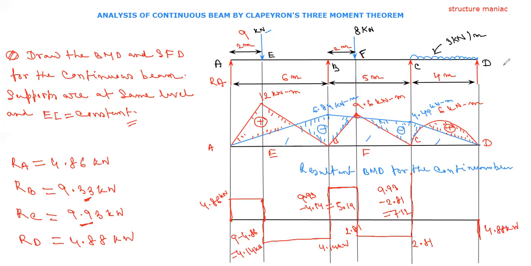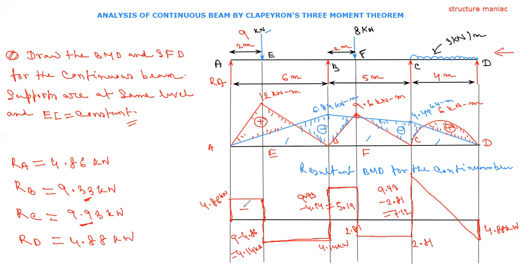Now I am drawing this diagram from the right hand side. From the right hand side, if we want to draw the bending moment diagram, then the upward force is negative, and here we have a UDL, so that will be an inclined line. I just drew it with the shortcut method, and you can prefer the section method if you have any confusion. If you are comfortable with the shortcut method, then go with this.